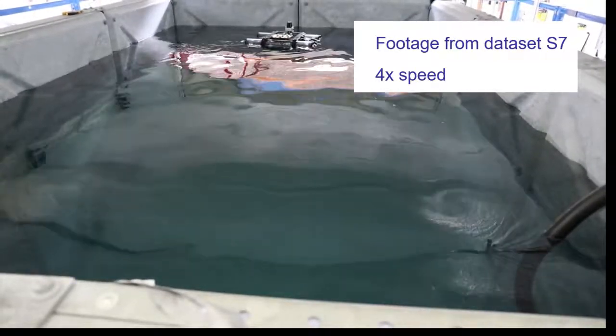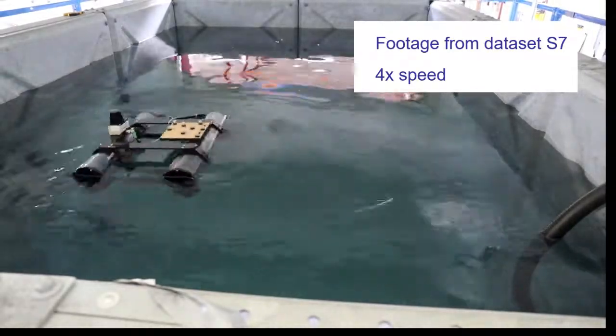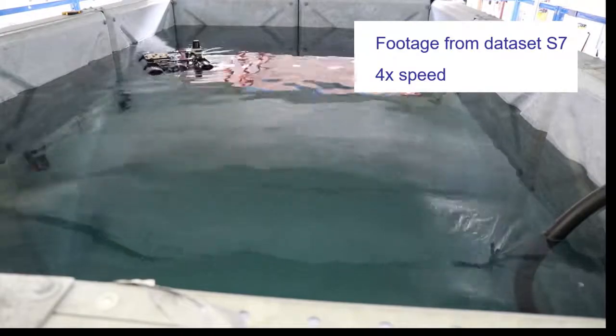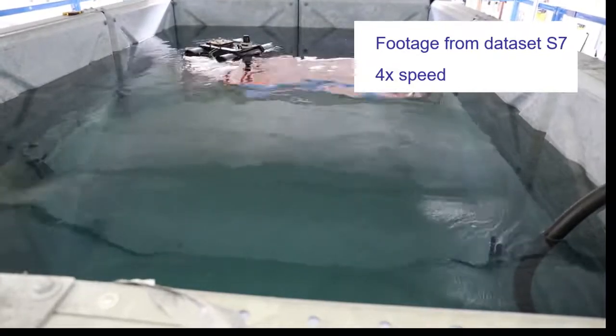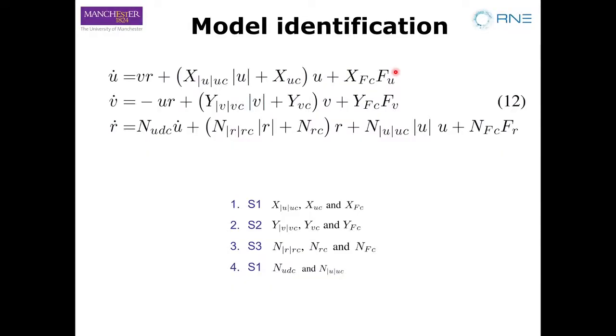And then finally in data set S7 we performed combined motion where we used all 3 inputs, FU, FV, FR, and we drove around in different patterns that would be representative, such as in stripes and in figure of 8s and in circles. To perform model identification, a standard least squares method is used, and to do this we use